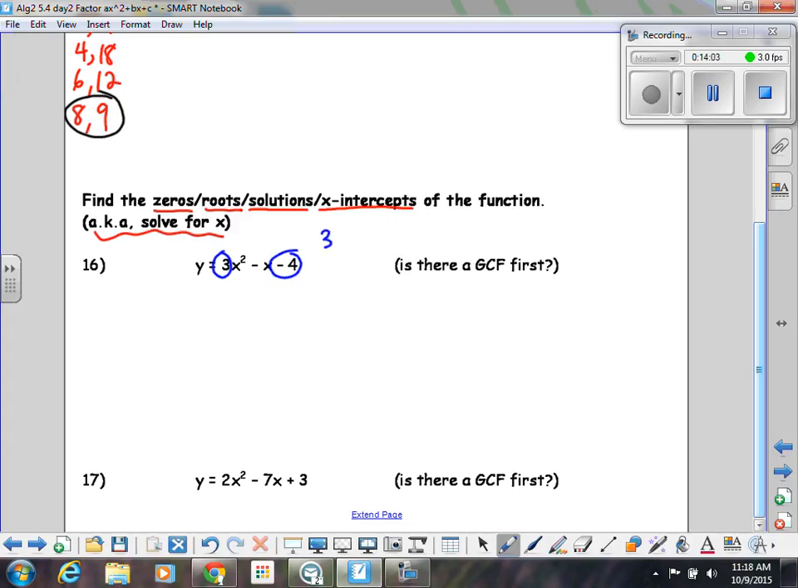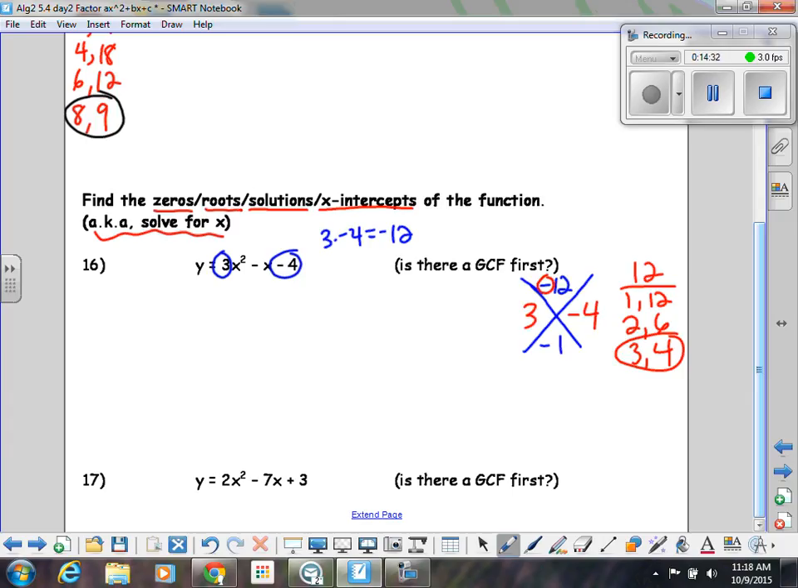So that would be 3 times -4, that's -12. So in my x, I'm going to put -12, and then in the bottom, -1. So we need to find the factors of 12 that subtract to give me -1. So I want to do 3 and 4, but I want to make sure I do 3 minus 4, not